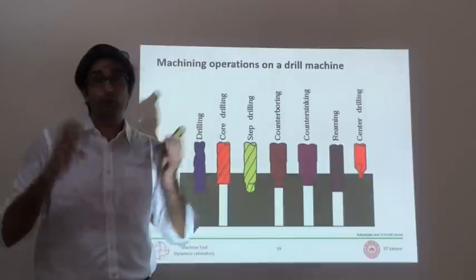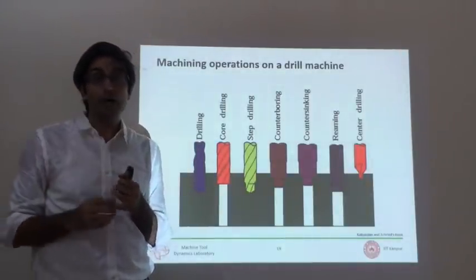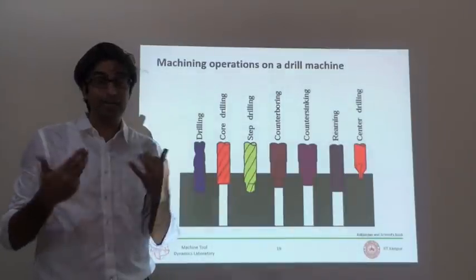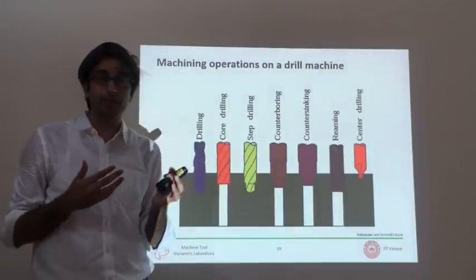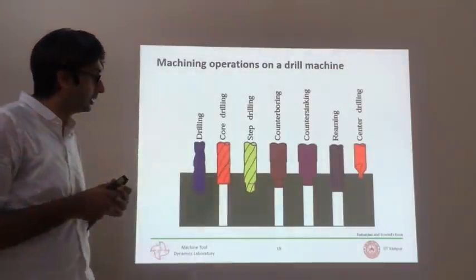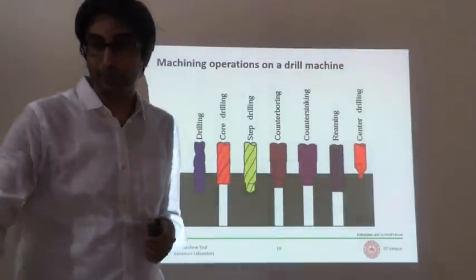Okay, that was to give you an overview of what is possible in drilling machines. I will now move on to discussing milling machines, manual type. There are two that we will discuss, one called the horizontal and one called the vertical. But drilling is kind of straightforward. There are not so many complications here.